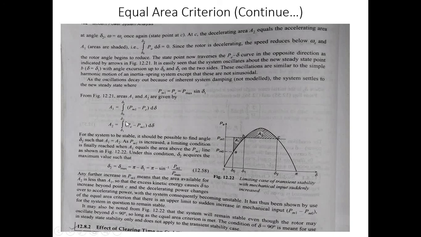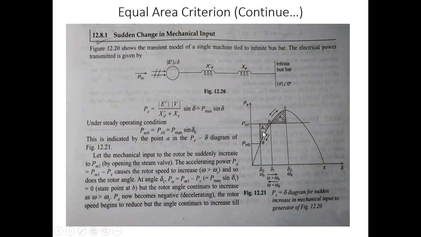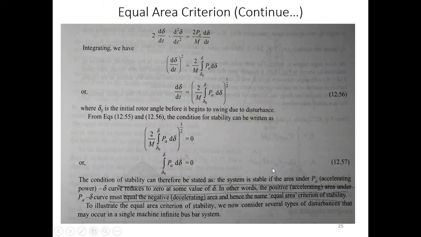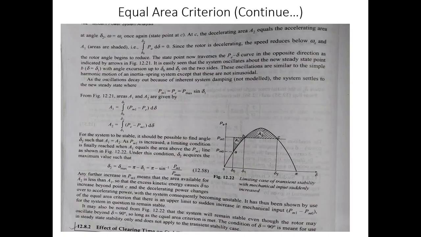Area of acceleration A1 is equal to integration del 0 to del 1 of Pm1 minus P d del, that is this area of acceleration. And area of deceleration A2, the angle between del 1 and del 2, is given by A2 is equal to integration del 1 to del 2 of P minus Pm1 d del. So for the system to be stable, it should be possible to find the angle del 2 such that A1